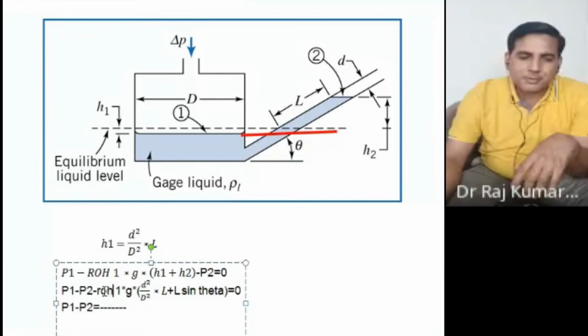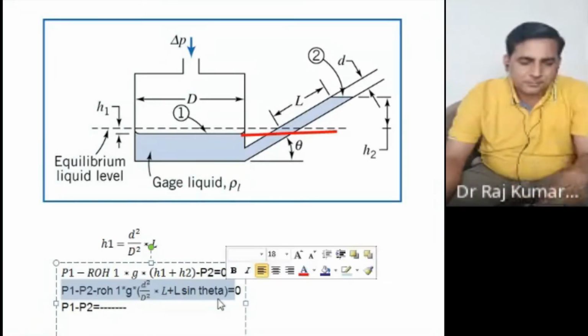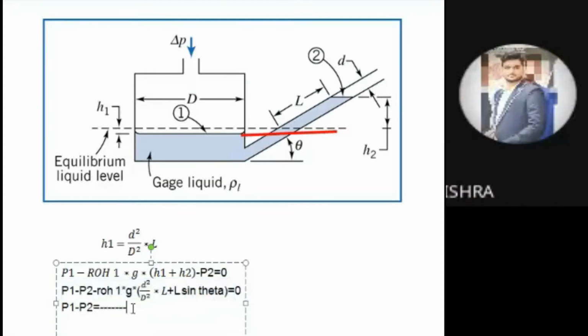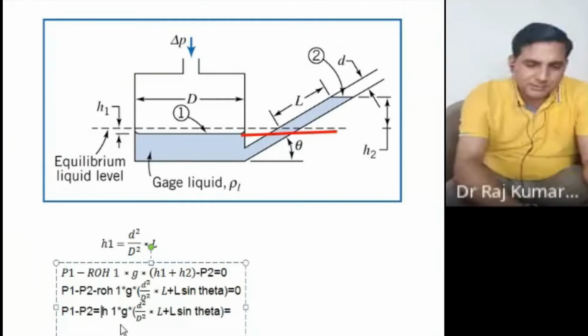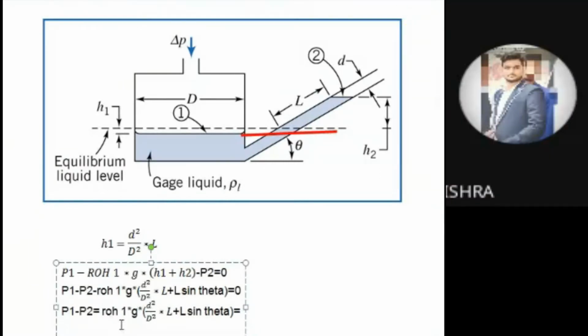Same thing, we want to measure it for the water column. What to do for that? Sir, P1 minus delta rho gh is plus P2, so delta P is equal to rho gh. There will be a height, and delta P is equal to rho gh, if we do it for the water column.